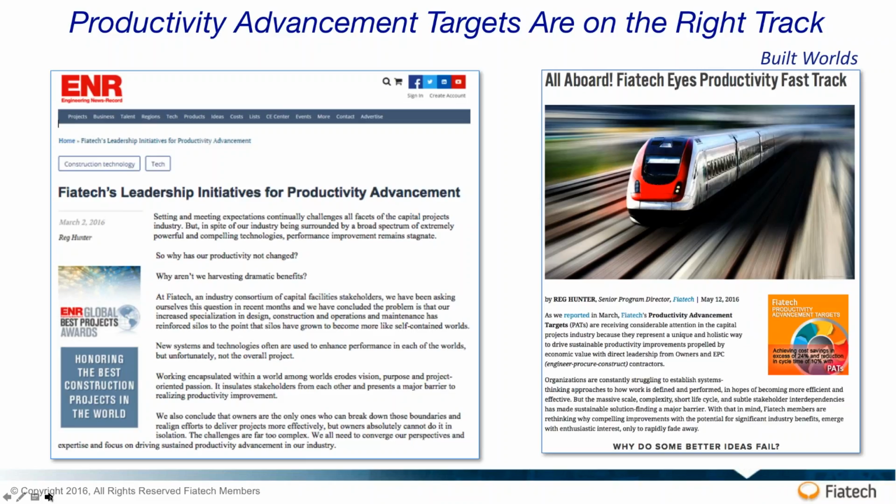And we put forward arguments about a world of worlds where specialization continues to gain more and more momentum, but it's at the expense of sensitivity to overall project performance. And as a consequence, that could explain in large part why the productivity of our industry hasn't improved. I think you couple that with this notion about change readiness and the reluctance on the part of stakeholders within the industry to sincerely embrace technology and have it become our process improvement and change, and have it become part of the fabric of how they execute things moving forward. I think those in combination help to explain why our productivity hasn't substantially improved.